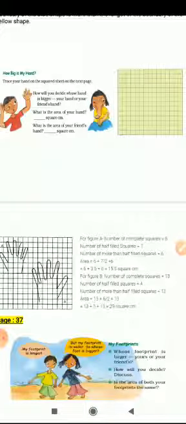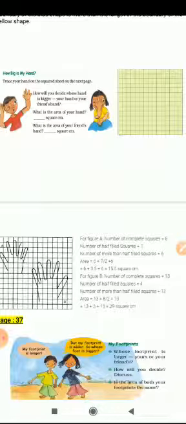hand. Now second, on this sheet only you have to draw your friend's hand. Now you have to compare the area of both the hands. First is yours and second is your friend's. Then after you have to find out which one is the bigger one. So for this you have to find out the area of both the hands.